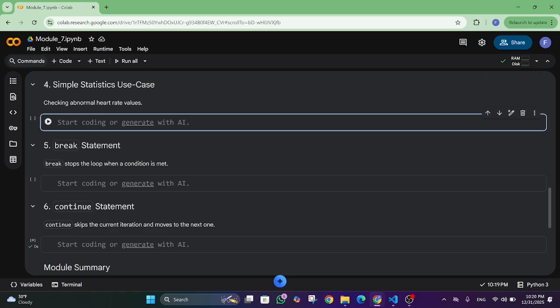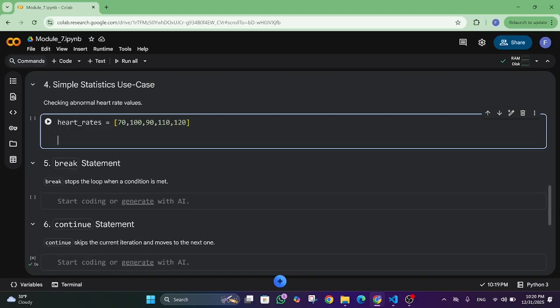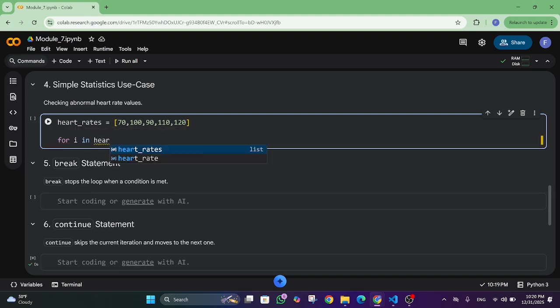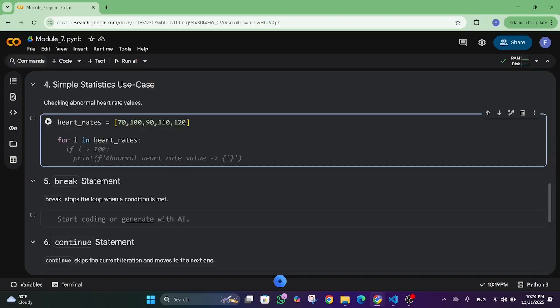This is the mini project. For example, we have the heart rates of patients. Heart rates equal to 70, 100, 90, 110, 120. Now first of all we will extract each of these elements like this: for i in heart rates. Now we will check if i is greater than 100, then we will print